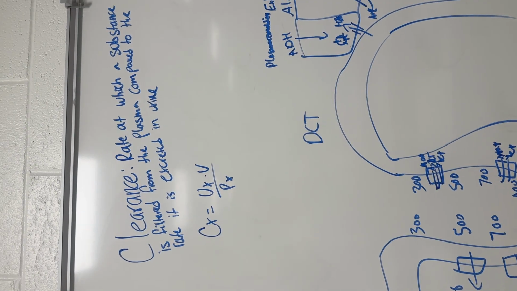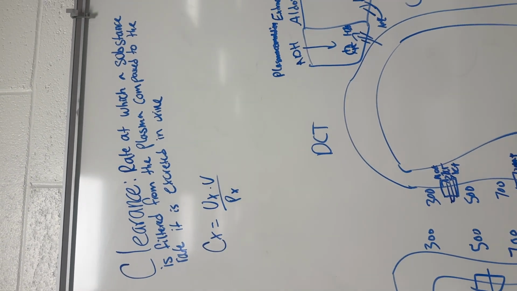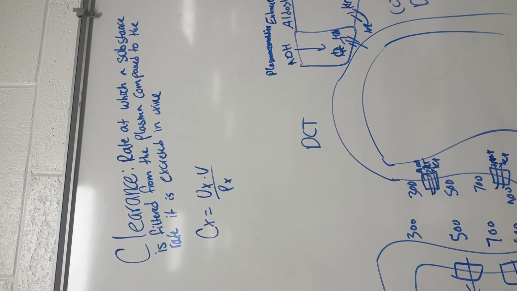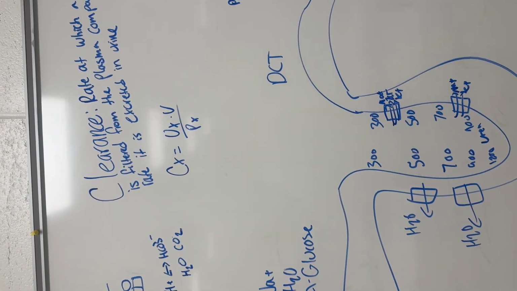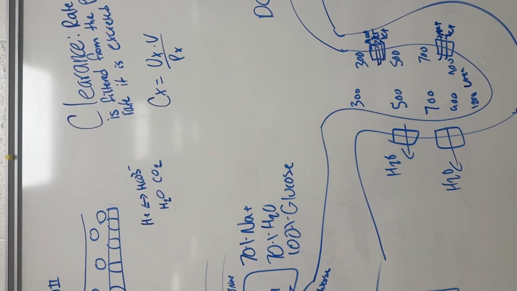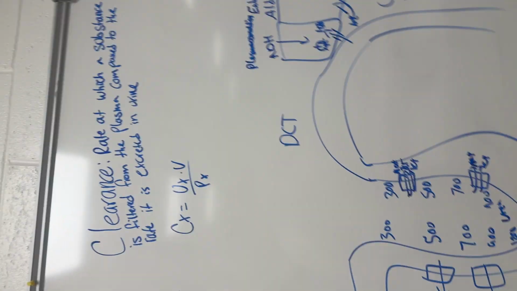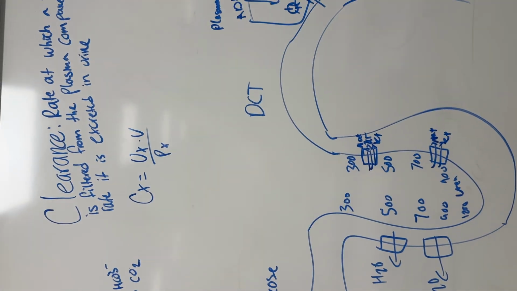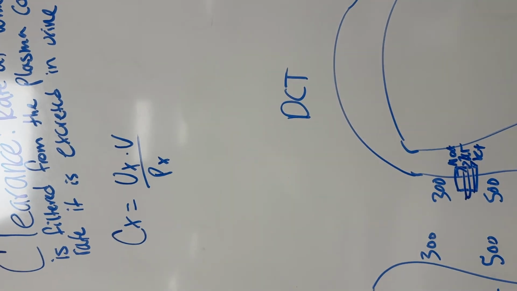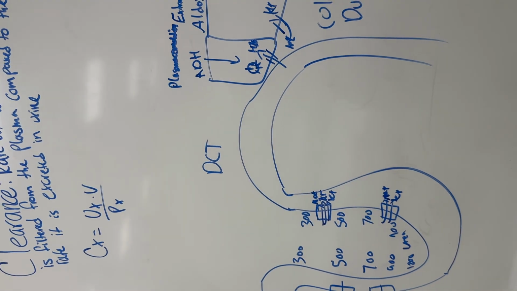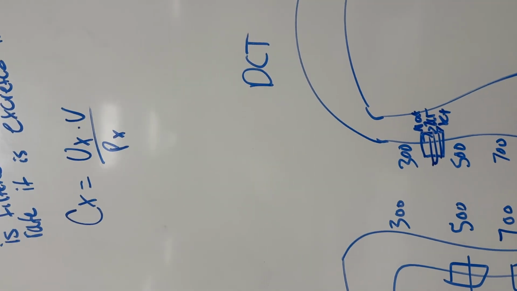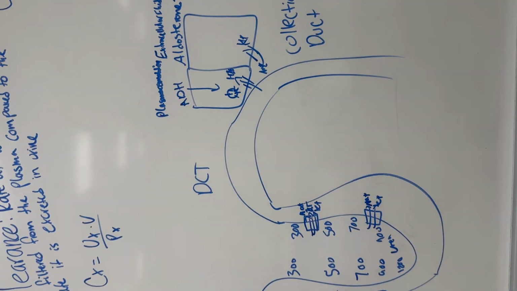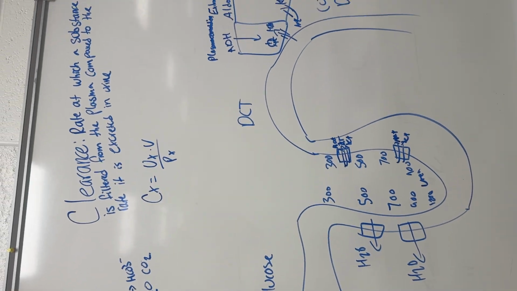So now we have a concept called clearance. Clearance is the rate at which a substance is filtered from the plasma compared to the rate it is excreted in urine. Our equation for this is our clearance rate equals our urine concentration times urine volume over our plasma concentration of the solute. So clearance can also tell us